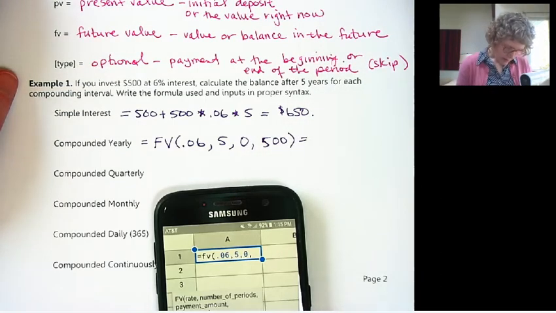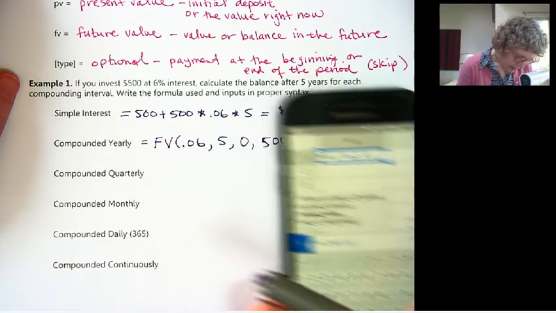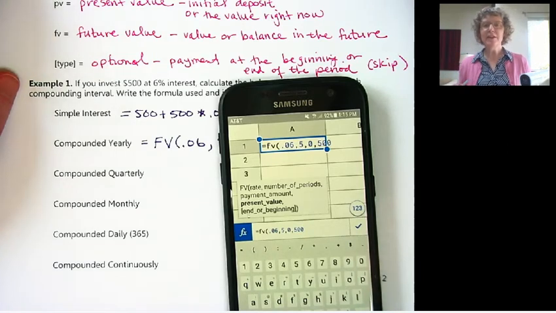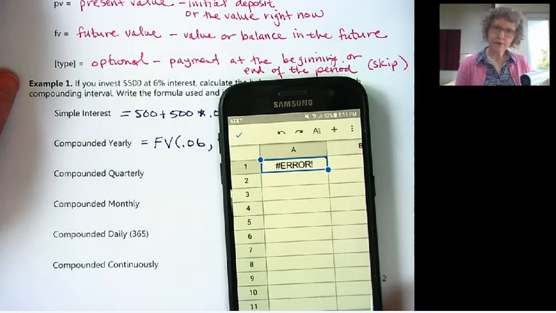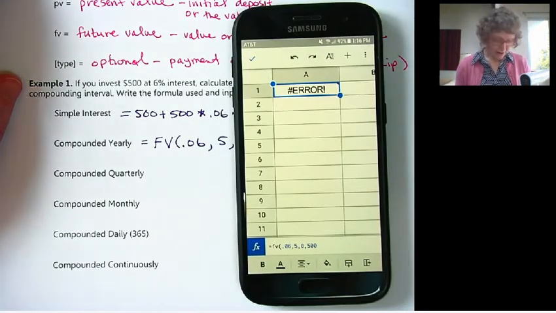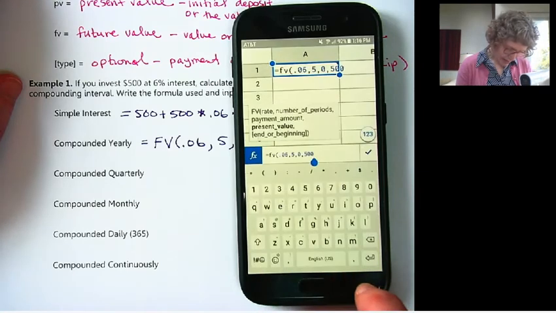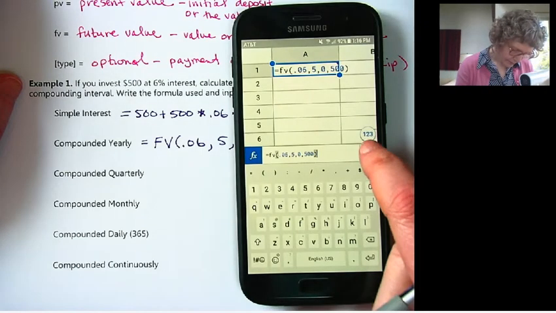Then let's do a test. Oh, sorry, I need to put in the 500 actually. I wrote it down. Okay, here's my test. I want to see if I have to put that closing parenthesis or not, or if it'll just assume. So if I just hit the check mark, okay, it didn't like it. So that's what happens if you get an error. It probably means you're missing a comma, or in my case, I'm missing the last parenthesis. I think Excel's a little more forgiving. It'll just assume that you meant to put that on there.